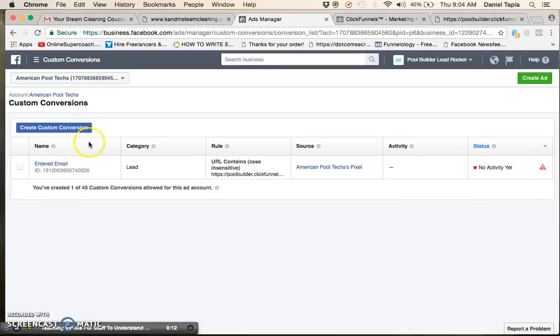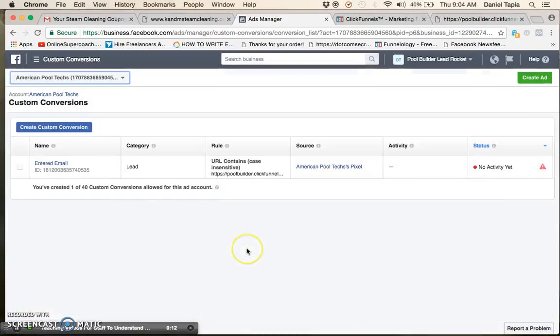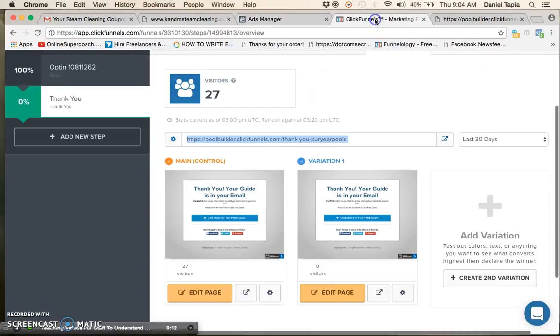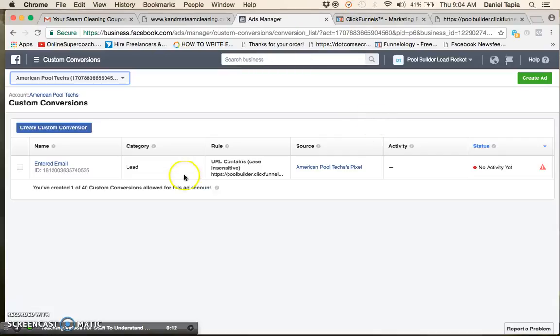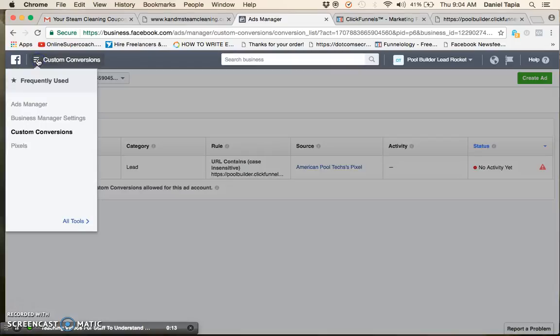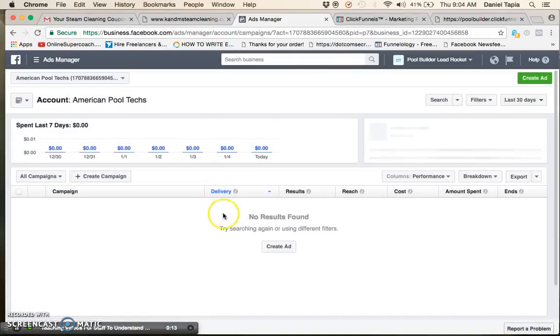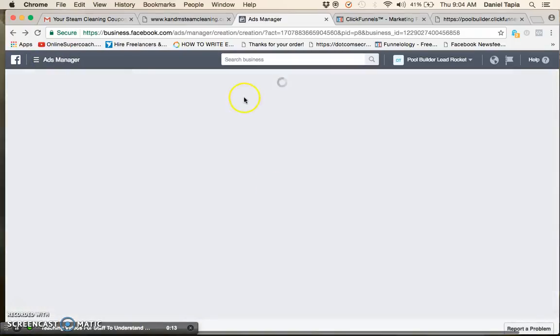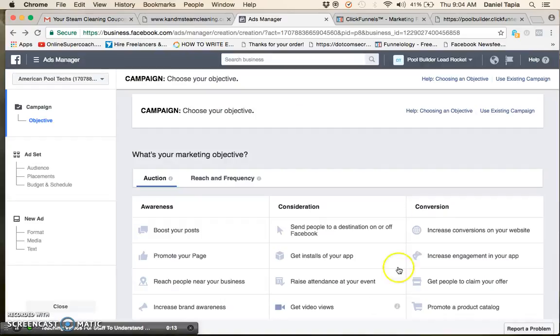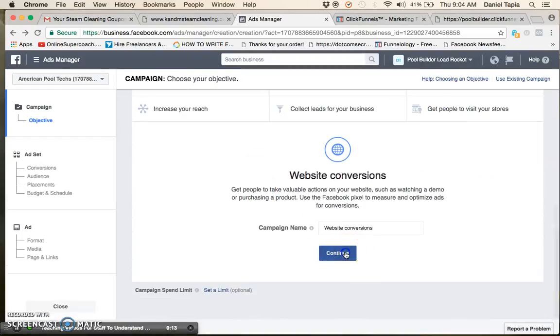And if I go back to making an ad for it, then it'll work. But that's basically how to set up your pixel and set it up on this. What I set up was the standard events. There's two types of things: there's a standard event and the custom conversion. You saw me do a custom conversion. And then when I go into the Ads Manager and I create a conversion,